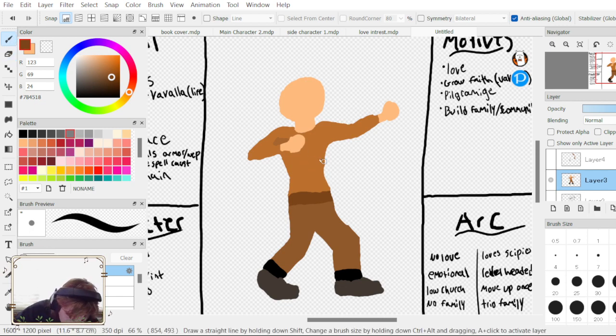Now I think I've taken too much away. I think I put the center section a little too far down.